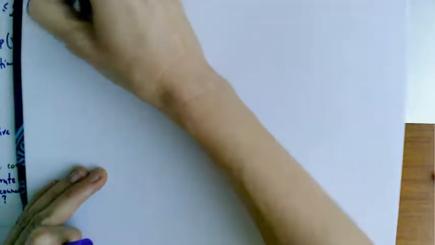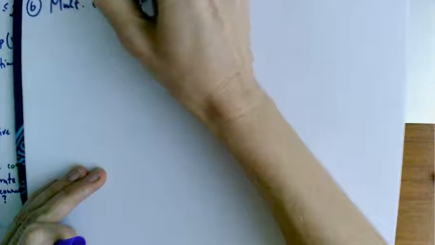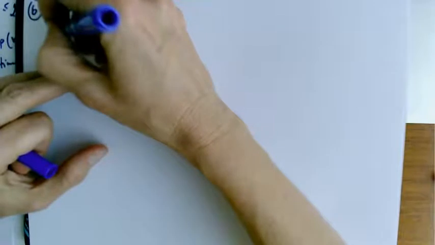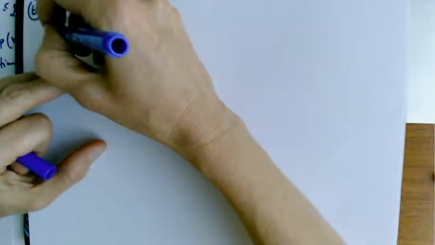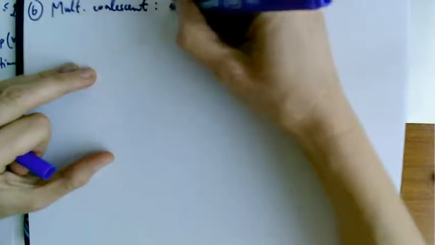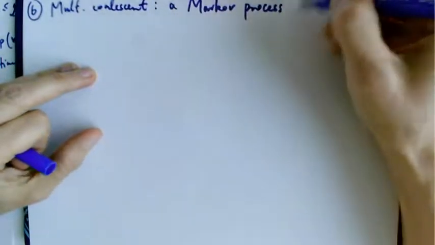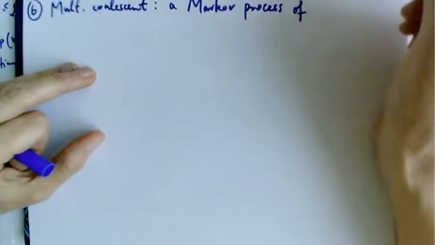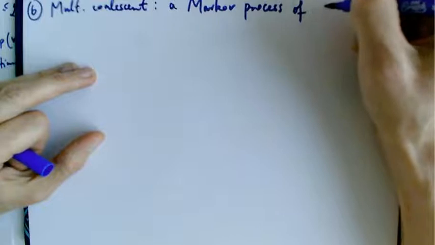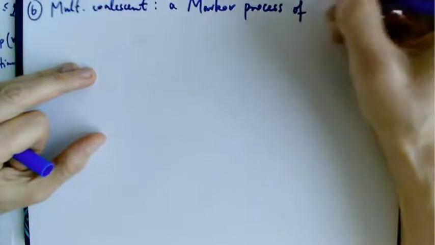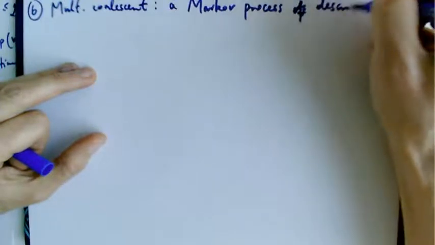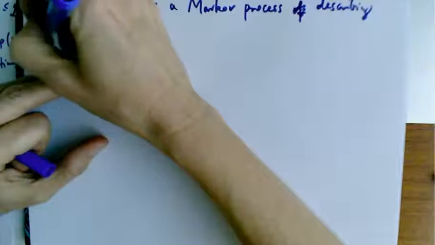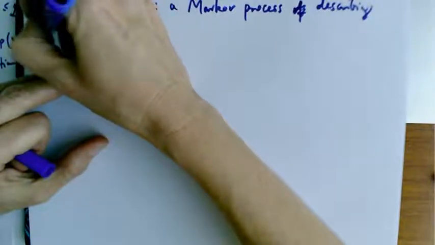So multiplicative coalescent, it is a process, and now you have to specify the state space, but I don't wish to go into big details here. So it is a Markov process, well, let's call it, describing mass evolution